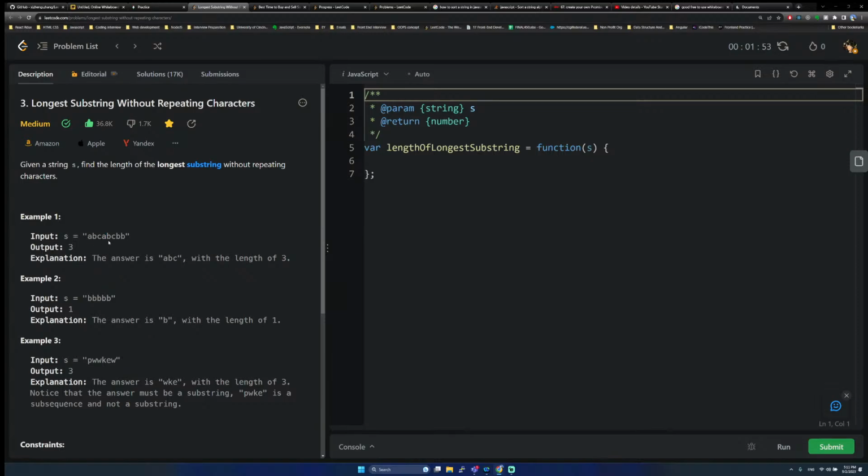Okay, so this is a classic sliding window problem. What we can do is we can have a start window and an end window here at the starting point, and we can just increase the end window and keep a count of the alphabets that we are encountering. And as soon as an alphabet which we have encountered before appears again, then we have to move this counter,